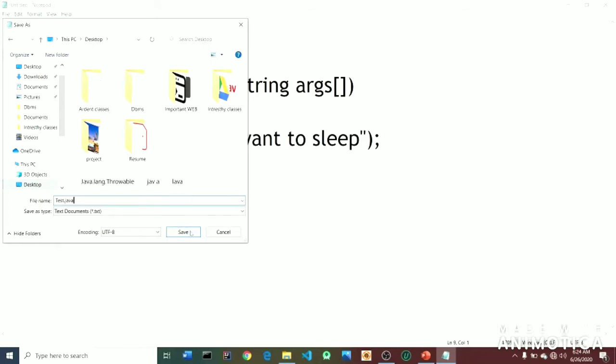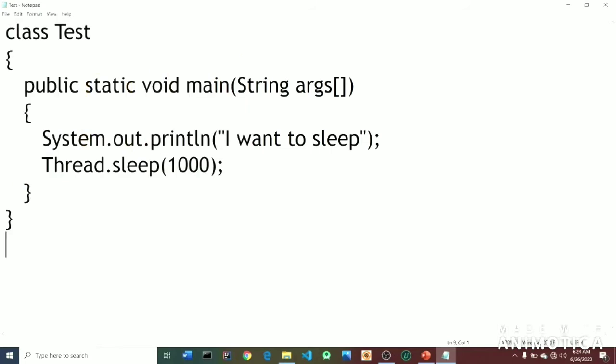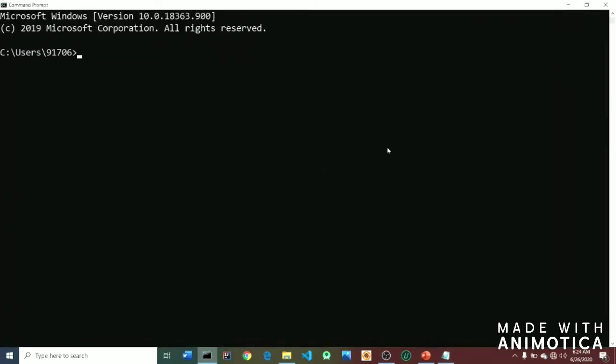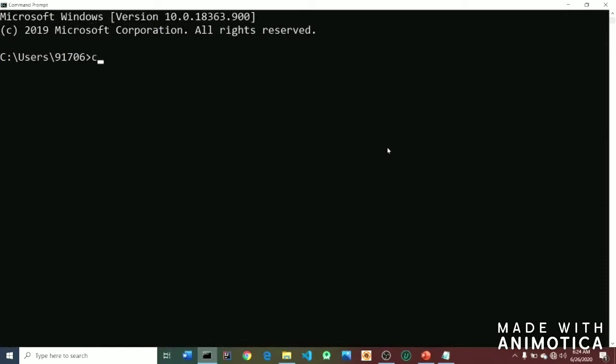Let's run the code in the command prompt. Let's go to the location where I have saved the file. Let's compile the code.